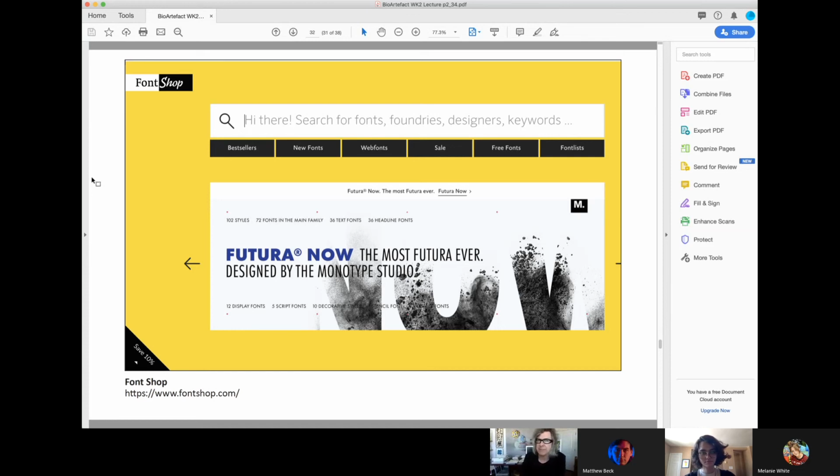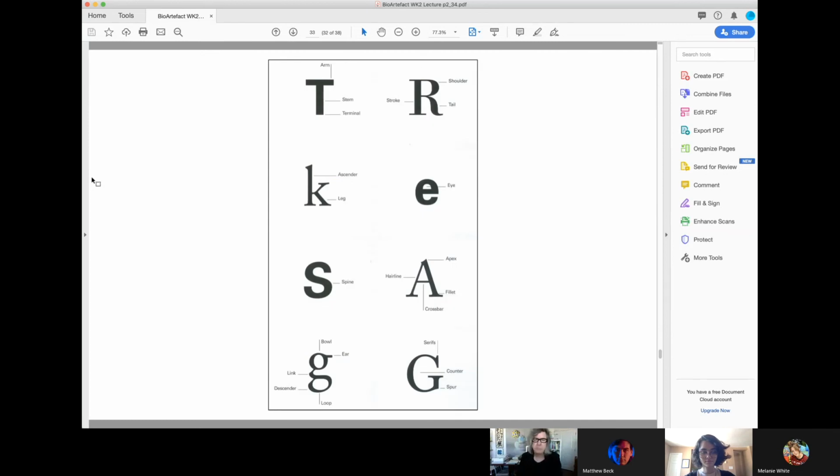And I might have given this, Matthew, when you were in Studio 3. I know I gave this to you, Melanie, this last semester, and I'll go over this again. This is critical because what I want you to do is I want you to play with the actual individual letter forms. Once you actually find a typeface, I don't want you to just